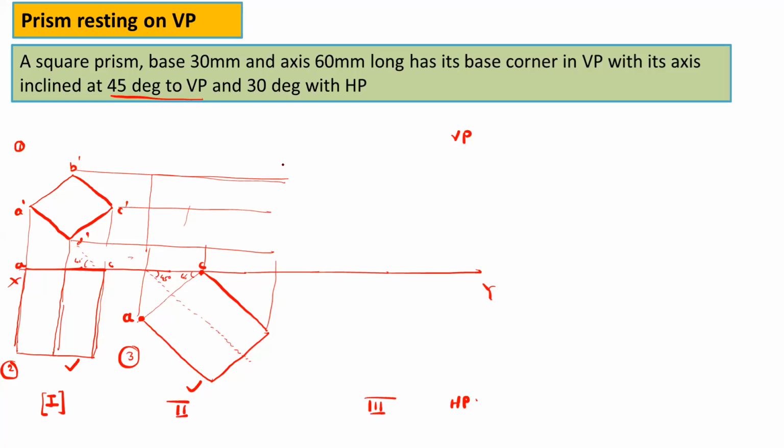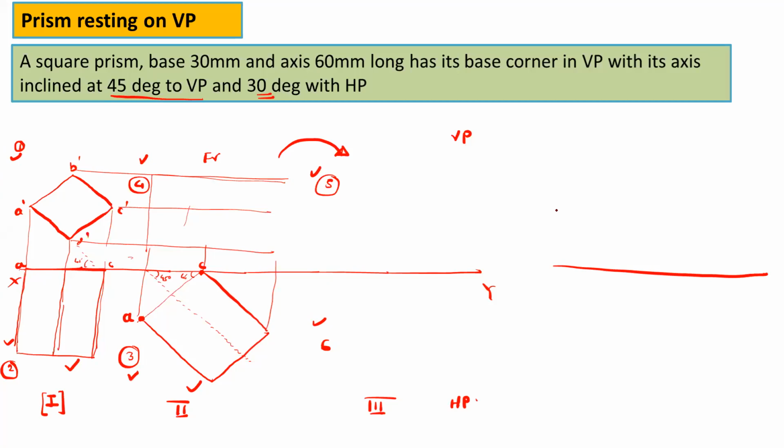In the third stage, you have to rotate this front view with the given inclination, that is 30 degrees. So this is the fourth step. This is the fifth step. The fifth step front view and the fourth step front view will both be the same. And this is the sixth step. So you can observe here the sequence. This is first, second step. This is your third step. This is the fourth step, fifth and sixth.